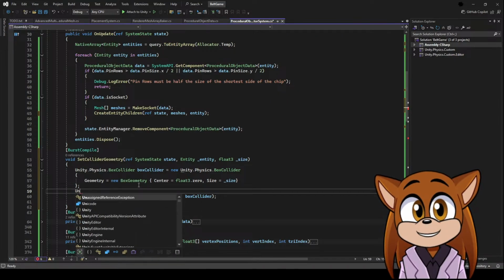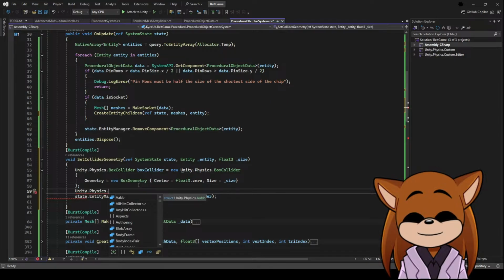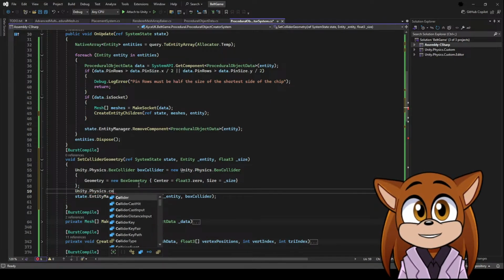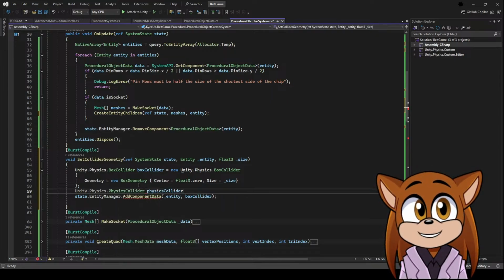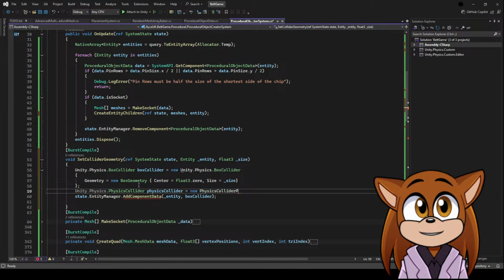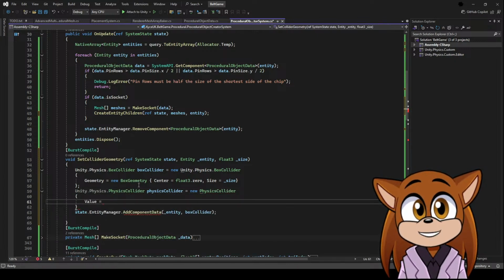Unity physics dot, physics collider equals new physics collider, value equals